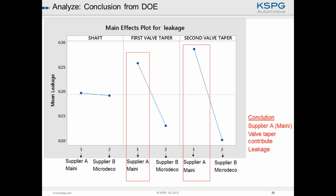So after finding out the problematic parts for the leak test, as there are 2 suppliers for the same part, we need to decide whether the part problem is from both the suppliers or a single supplier. We did analysis for both suppliers, and the conclusion here, you can see, for the shaft from supplier A, that